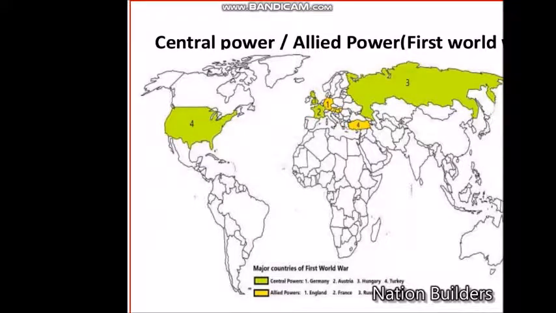The countries involved in the First World War had their global empires. These were imperial countries, which means their colonies were in the world at different places, like Britain's colony in India. In that way, there were colonies or imperial rule of these countries around the world. This was the First World War.